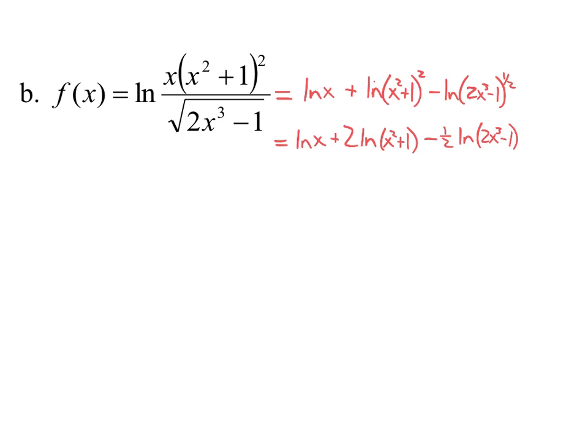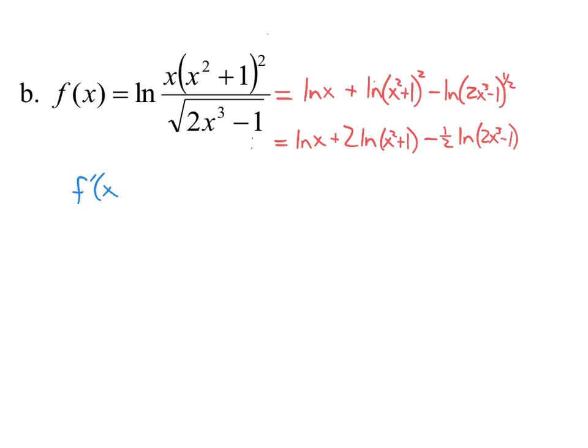You say, well, wait a sec, why don't we just go back here to the original and we can do the derivative of the argument over the argument? We could, but finding the derivative of this whole thing is going to require the quotient rule and the product rule with the chain rule inside of both of those, and it's really going to be a mess. Then we're going to have to divide by this whole thing as well. Okay? By simplifying the function itself, by expanding the logarithm, we can make life a lot easier on ourselves, because